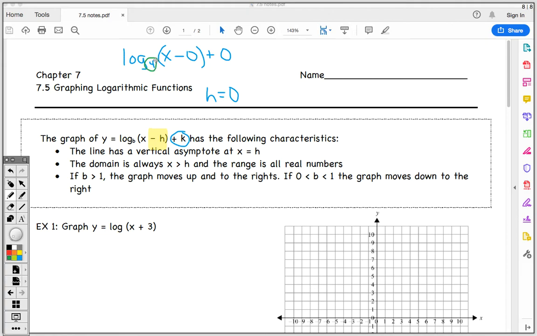Yeah, it is. So this is going to move it up and to the right. If b is between 0 and 1, which means it is going to be a fraction or a decimal,